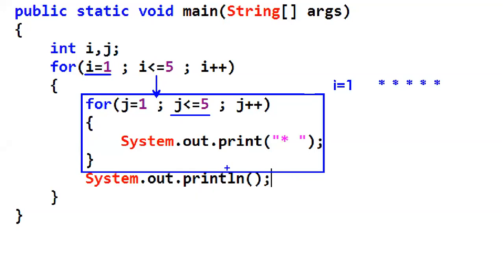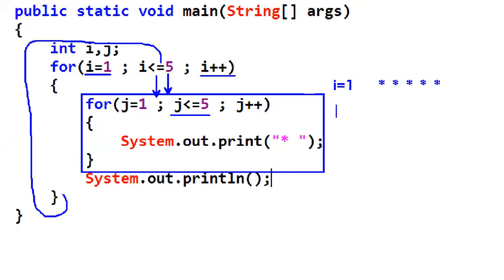Next line. Here it is. Whenever it comes to that next line, then the outer loop repeats. The i value becomes 2. Now it comes inside with i value 2, and again the inner loop repeats 5 times, so 5 stars will display. Next println will send the control to the next line.